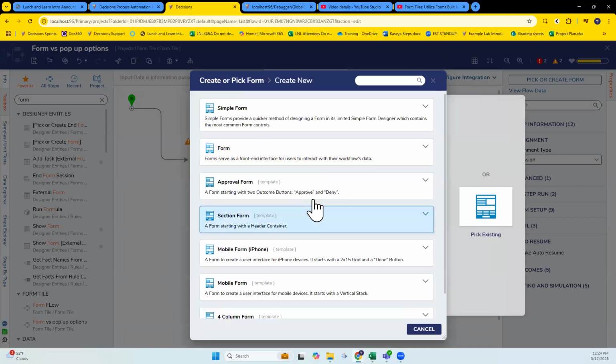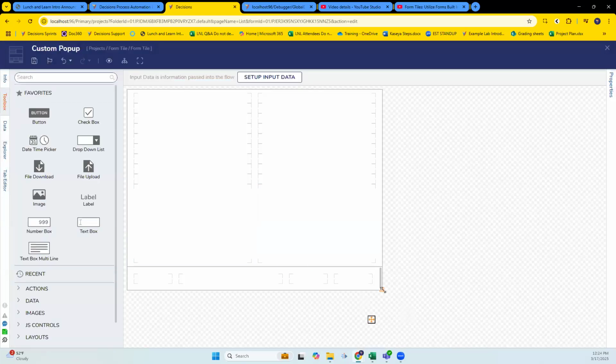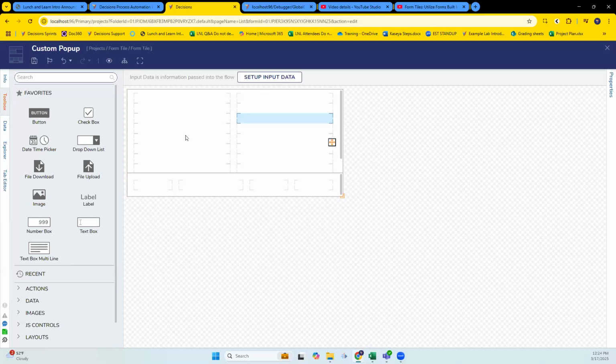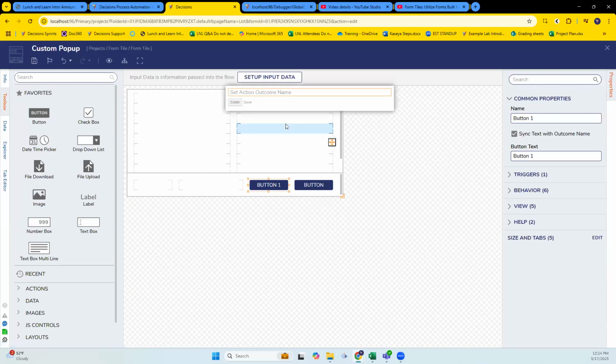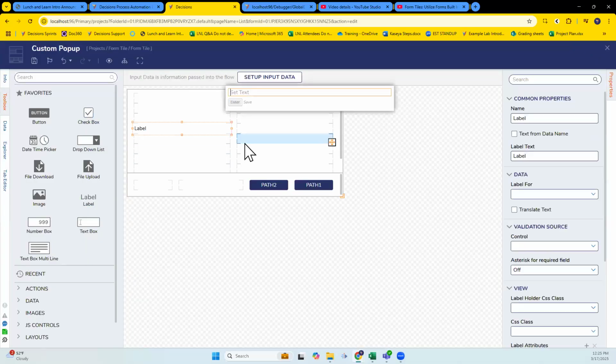And the only thing to consider is, until they make a decision here, you can make this thing teeny tiny, get rid of some of this formatting, and add multiple buttons. As we add these buttons: path one, path two, right? Label, you know,